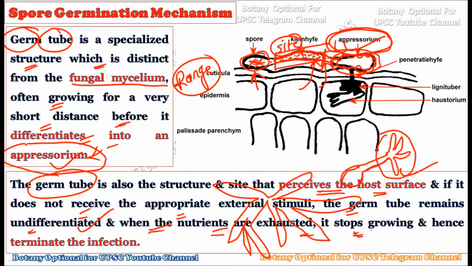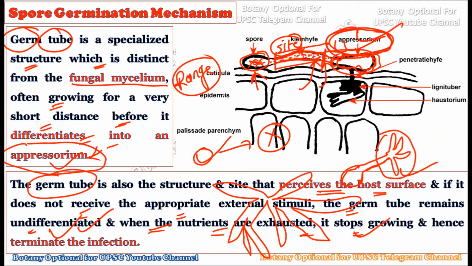Okay, so literally it can terminate the infection here if they find no suitable plant on which they landed. Okay, if the spores have landed on the wrong plant, then there will not be any formation of appressorium, and if they landed on the correct plant, then and only then there will be the formation of an appressorium. Okay, so